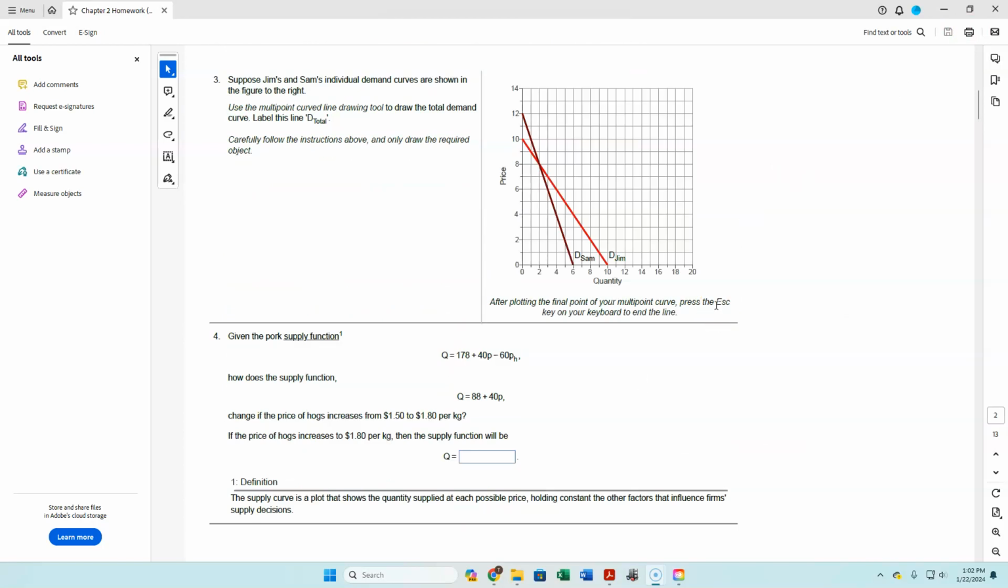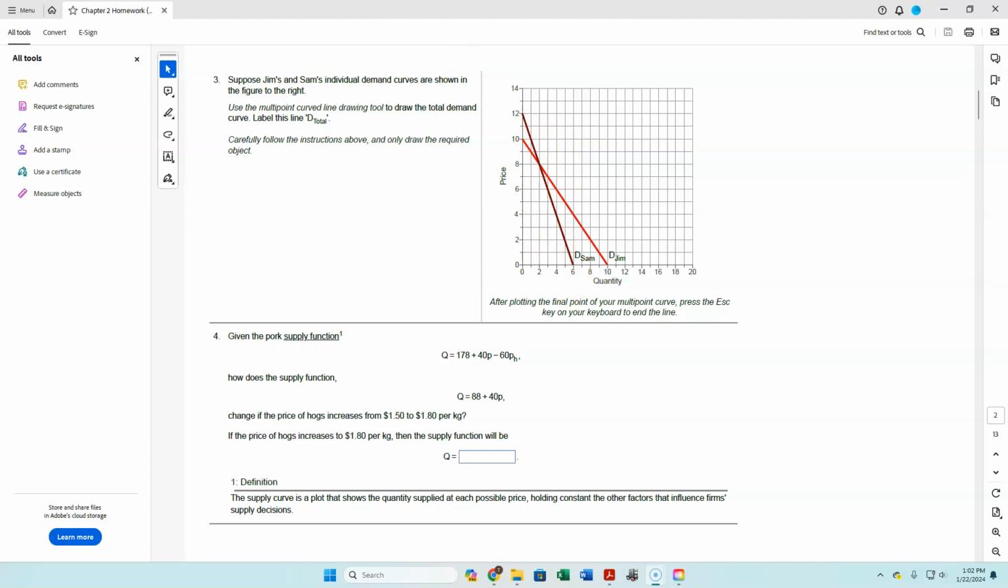So let's look at 3 here. In 3, what we're doing is reviewing for ourselves how to move from individuals to the market. And all that we're trying to do here in number 3 is a horizontal summation. So, in other words, what you would do here is that at the